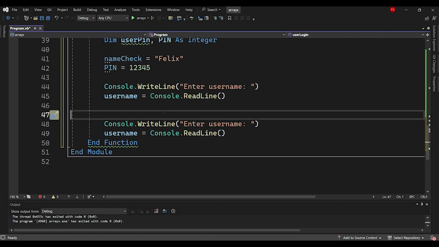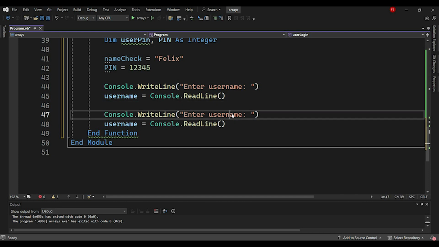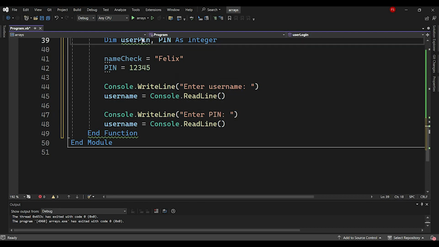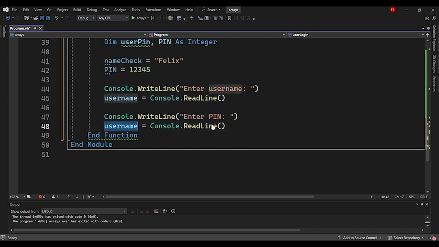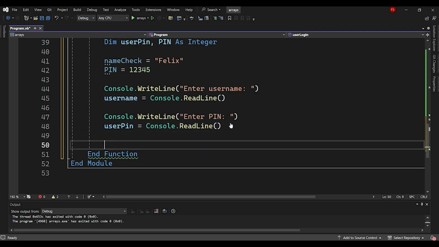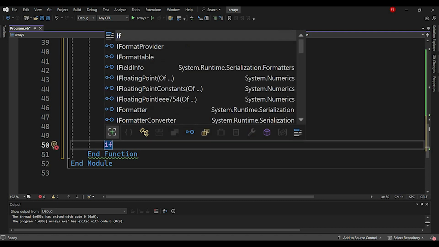I'll copy this and paste it here, and change this one to enter pin. So here I'll change the username to the user pin variable. Okay, so let's accept the username and the user pin. Then we just check the two and see if they are equal. So we bring here, so if